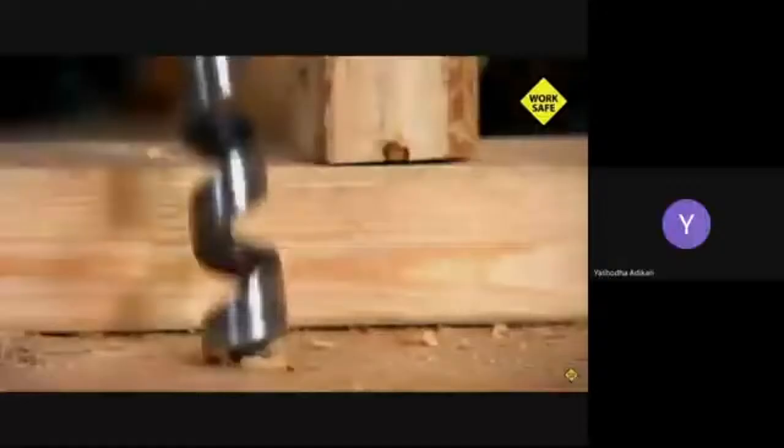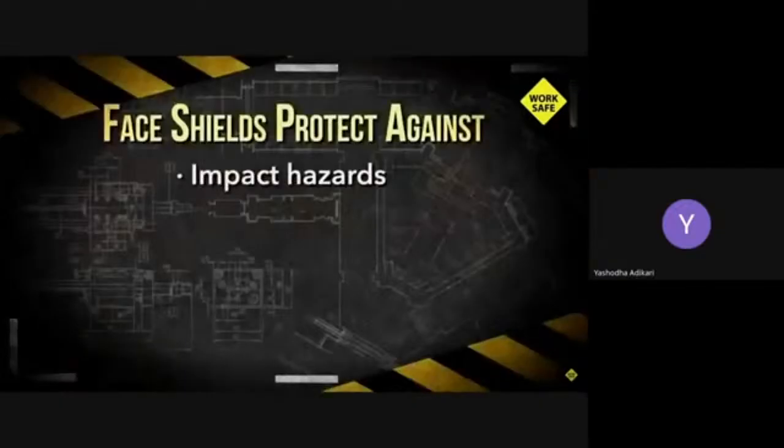Goggles should shield the eyes against flying fragments, paint, or chemical splashes and spray particles. Keep in mind that some goggles aren't made to take impacts. Face shields protect the entire face against exposure to impact hazards, flying objects, wood chips, and chemical splashes. Always check the shield impact ratings to make sure it can withstand impact hazards.